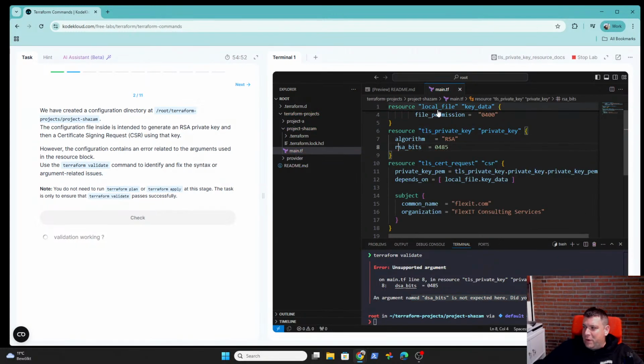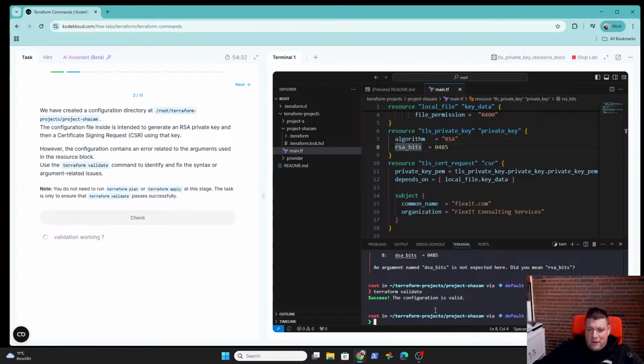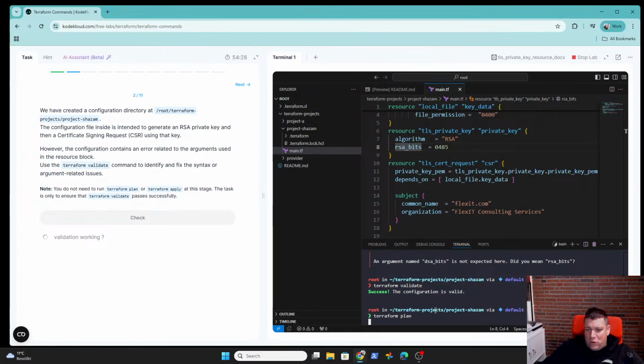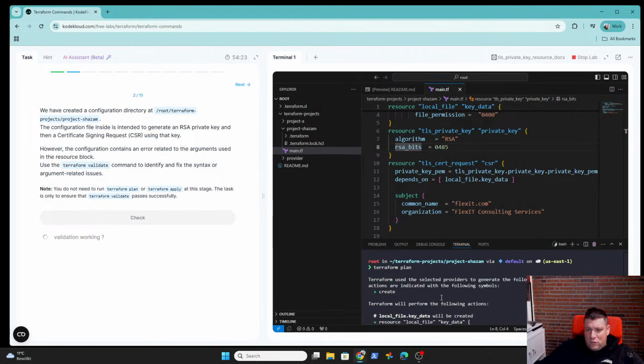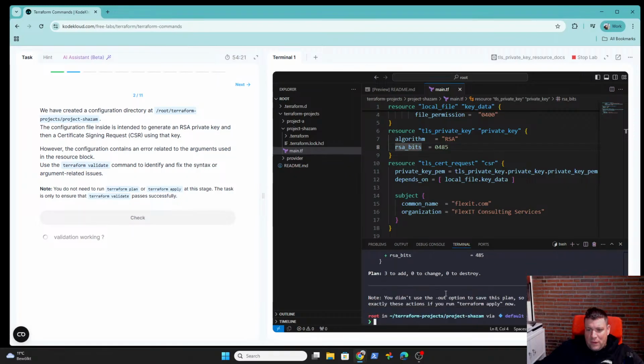The arguments are all defined almost like in an XML language or any domain-specific language. You are only allowed to use arguments which are part of the Terraform context, and you will notice if you use a wrong one, even with code completion. And let's run validate again. Now it's okay. Terraform plan will not work here as I need... Oh, it's working. Don't need to do init before. That's strange. Okay.